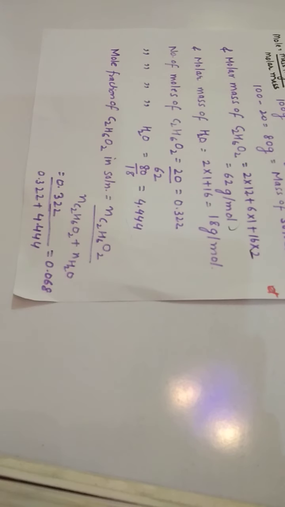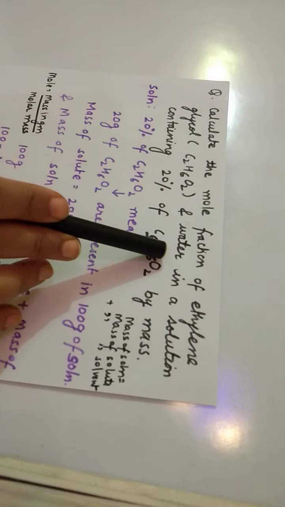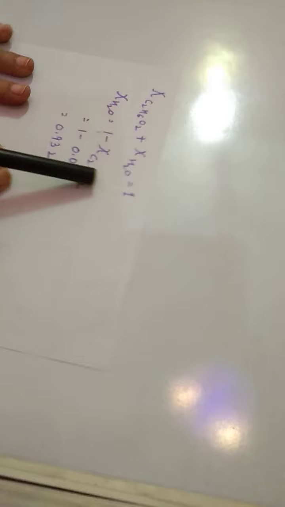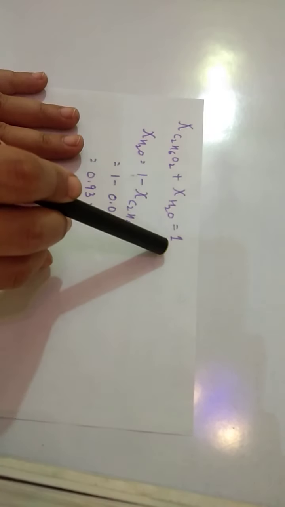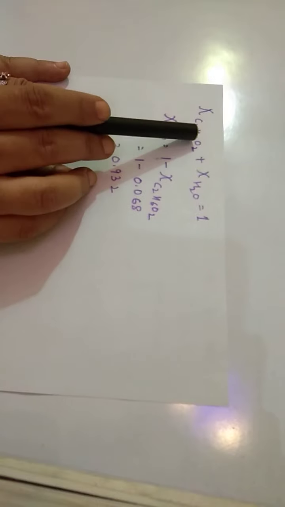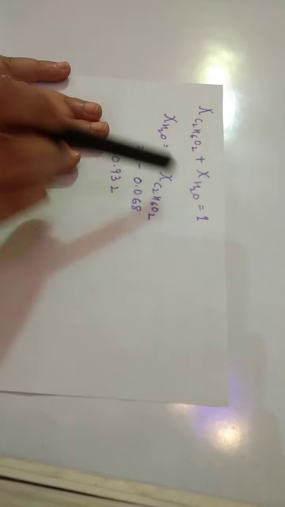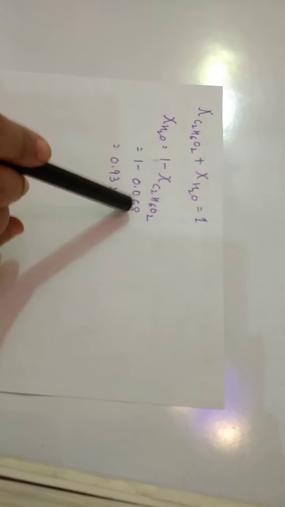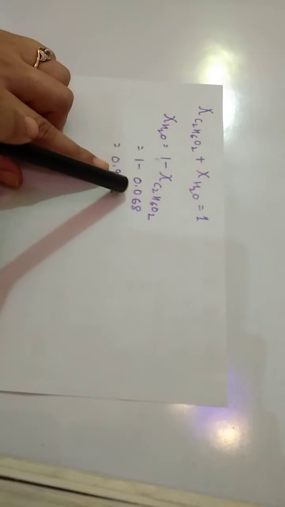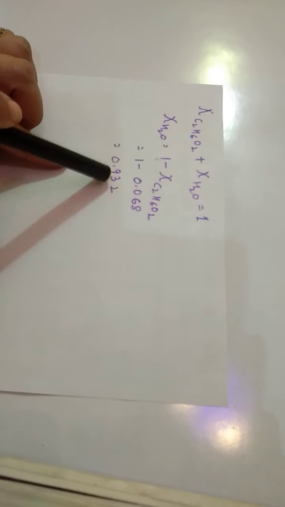And now children, we got the mole fraction of ethylene glycol, but in the question the mole fraction of water is also asked. We know the formula: mole fraction of solute plus mole fraction of solvent is equal to 1. So mole fraction of solvent will be 1 minus mole fraction of solute. So mole fraction of water is equal to 1 minus mole fraction of ethylene glycol. Mole fraction of ethylene glycol we got 0.068, so it came out to be